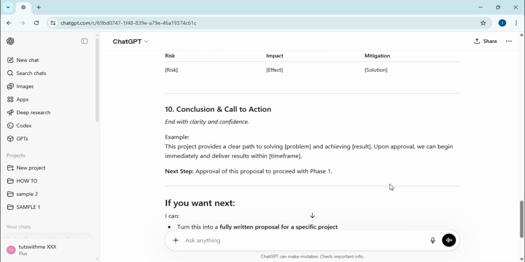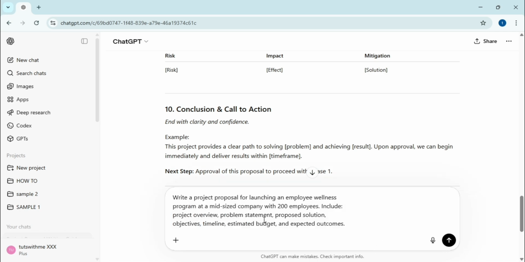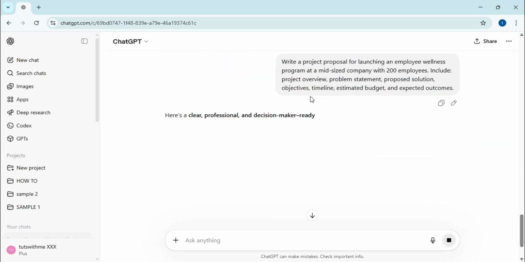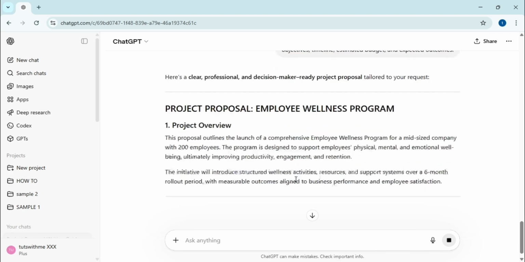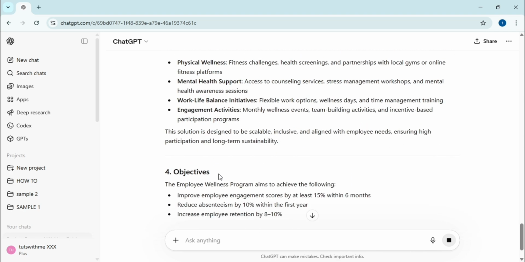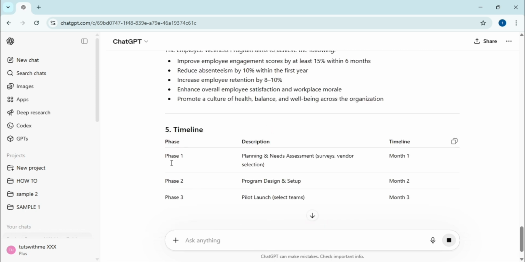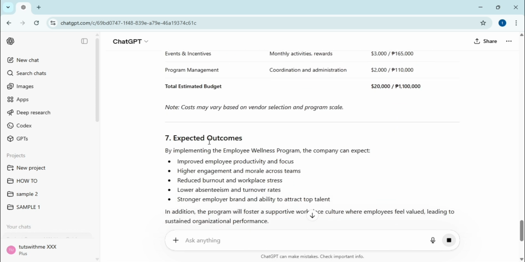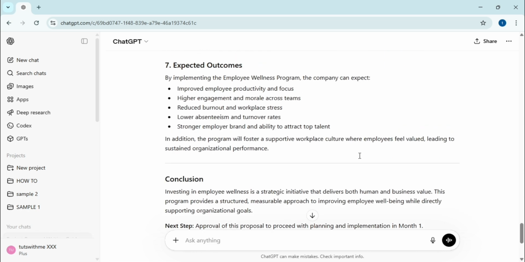document. Next, I provide specific details for a new project, asking for a full proposal for an employee wellness program at a mid-sized company. ChatGPT delivers a detailed plan including a budget breakdown, a 6-month timeline, and measurable objectives for the program. This result is highly professional and includes specific action items and projected results that are ready to be